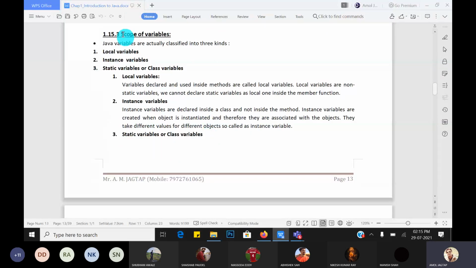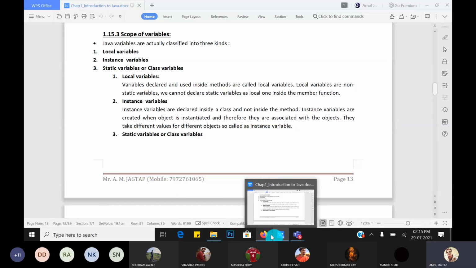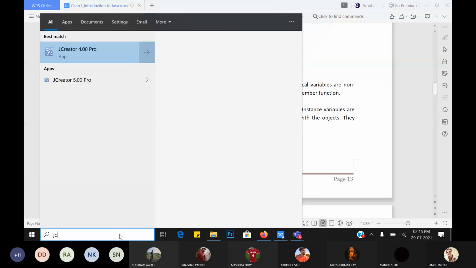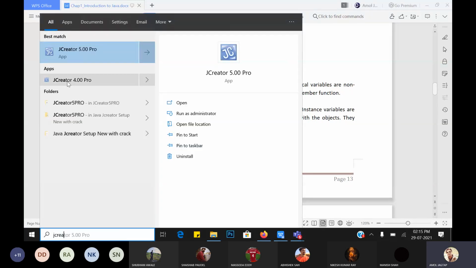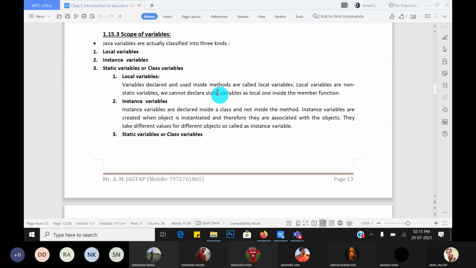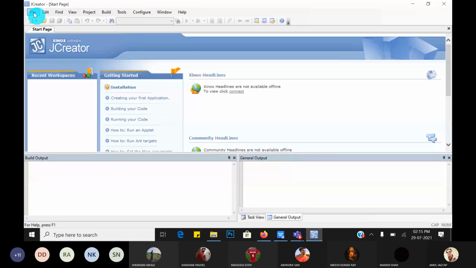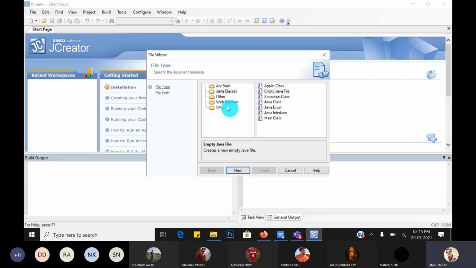Okay, so types of variables and the scope of the variables. So let's first open your IDE, that is JCreator. Okay, then create a new source file, Java classes.